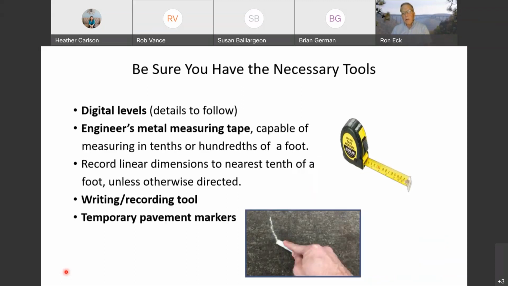Be sure you have the necessary tools. We'll talk in a second about digital levels, but I recommend having an engineer's metal measuring tape that can measure in tenths or hundredths of a foot. Some sort of writing or recording tool. It could be a clipboard and paper forms, or it could be a tablet or mobile device with an app on it that you record your measurements on. Either one is fine, but just make sure you have the appropriate tools when you're out there on the job. And then I recommend temporary pavement markers. It could be chalk or keel or something like that